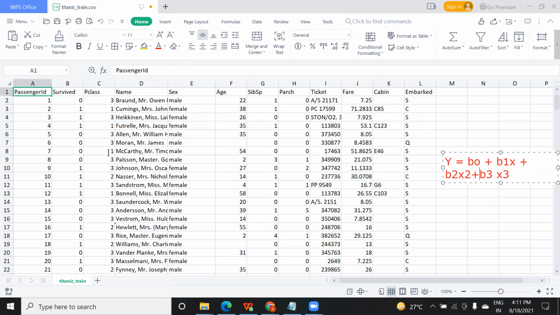When every column is in numeric format, it is easy to present it in this formula and calculate your prediction y, which will be 0 or 1. So this is a part of the data set.